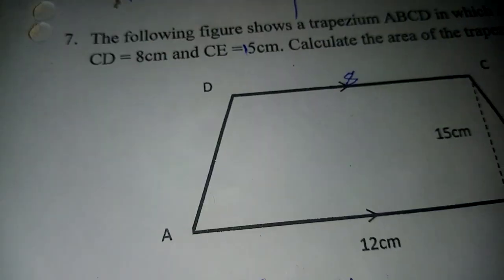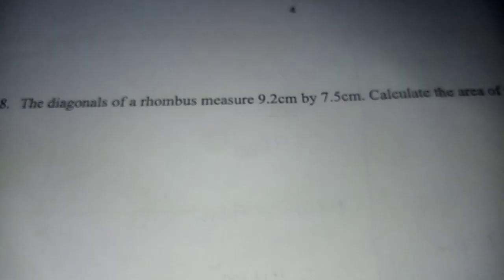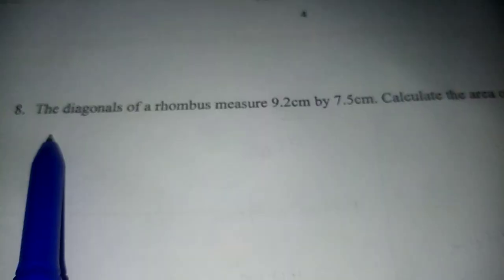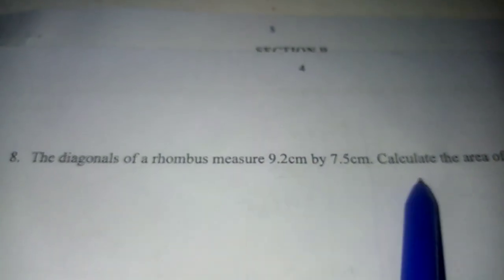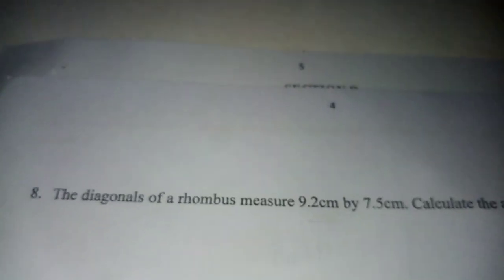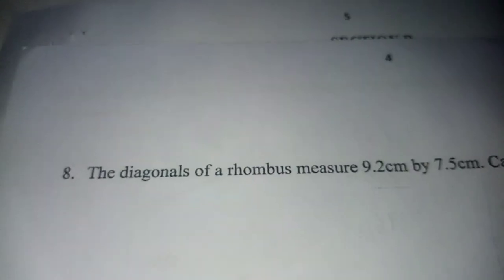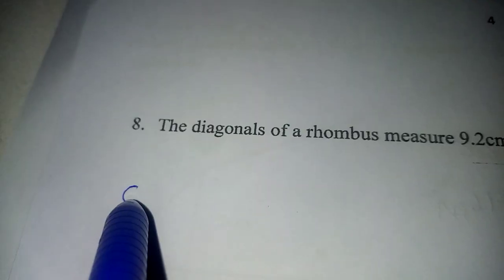That's number 7. Let's have number 8. Number 8 is here. The diagonals of a rhombus measure 9.2 and 7.5. Calculate the area of the rhombus. We know that, given the diagonals,